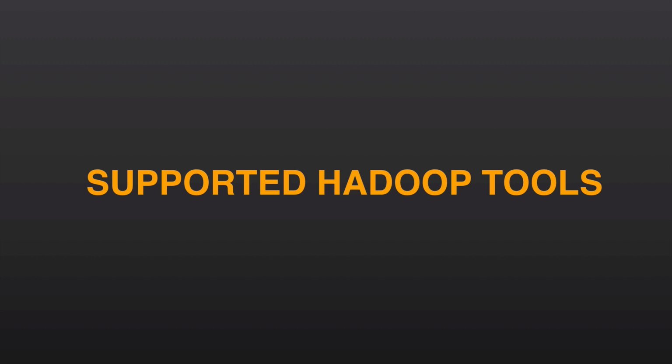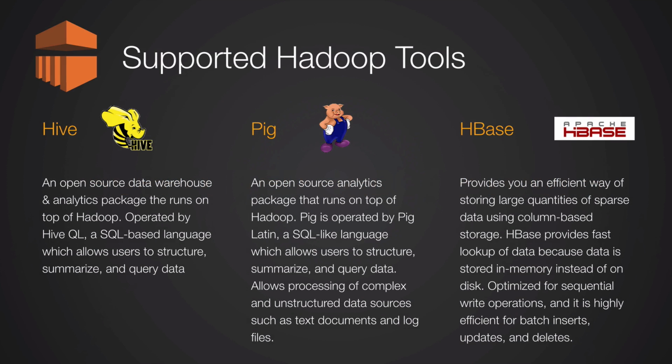Just going to continue now by talking about some of the Hadoop ecosystem tools that are supported by Amazon EMR. If you're familiar with the Hadoop ecosystem, you'll be familiar with many of these tools because these are the commonly used open source components that have extended the Hadoop ecosystem over the last few years. Hive, which is an open source data warehouse and analytics package that runs on top of Hadoop, providing a query language called HiveQL that allows users to structure, summarize, and query data. It's extended to support some of the functionality provided within Hadoop, such as MapReduce functions and extensible user-defined data types